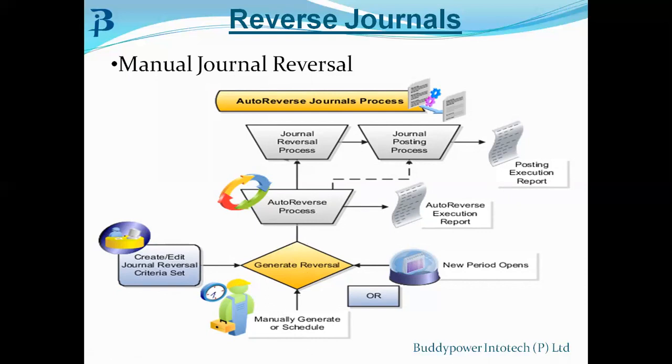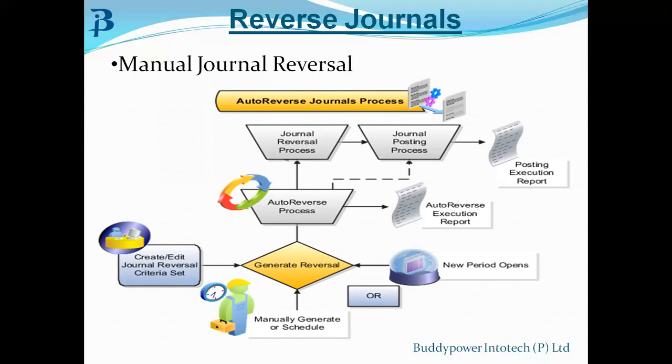As I gave an example of the salary, on April 31st, what happens, you would have enabled it before itself when you're configuring the whole general ledger. Now we are configuring a new project for the company. So you enable all these processes in the initial stage itself. Once your accounting period starts, by the end of the period, it gets reversed and gets posted in your next accounting period.